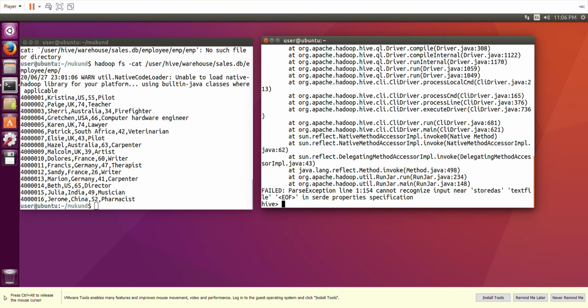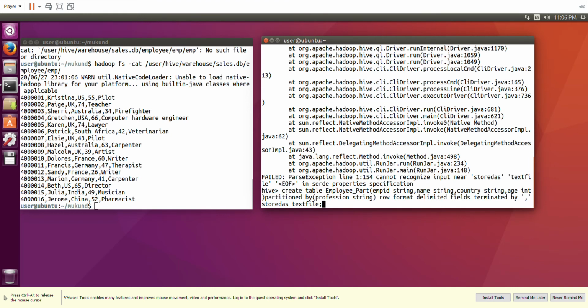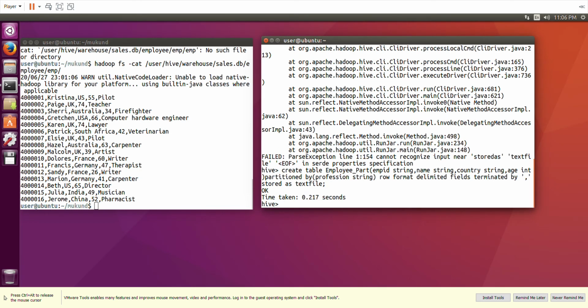Again, you have to see what mistake we have made there. Space is always a mistake. Enter. So it is created, and a new table has been created. It's just a table. As of now, we have specified the field on which we are doing partitioning.